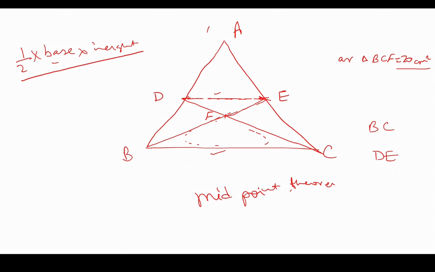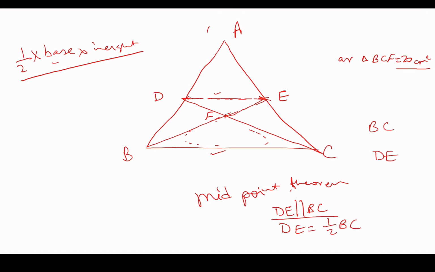কি আছে কি, the line joining the midpoint of AB and the midpoint of AC, that is DE, it will be equal to half of BC and also parallel to BC, right? That means DE parallel to BC and DE also will be equal to half of BC, right? So one thing we know, that this base is half of the base BC. Now DE is also parallel to BC.